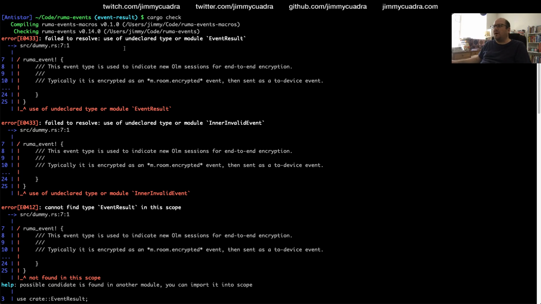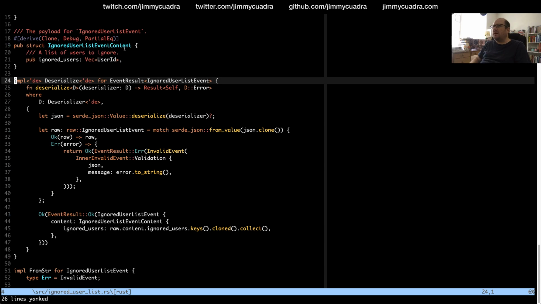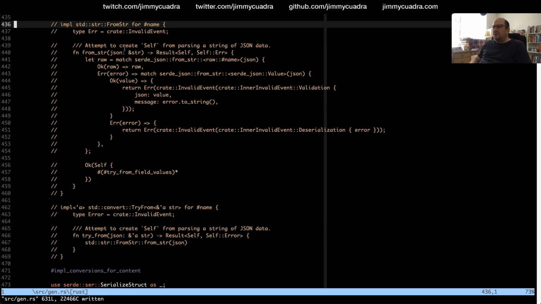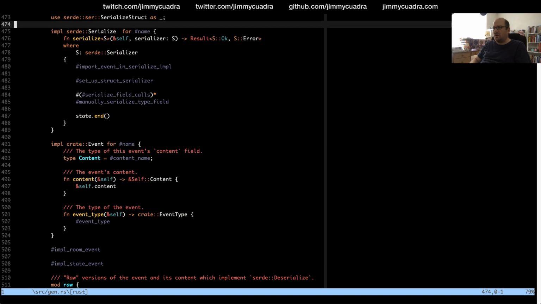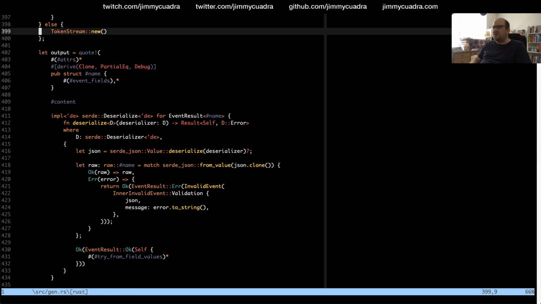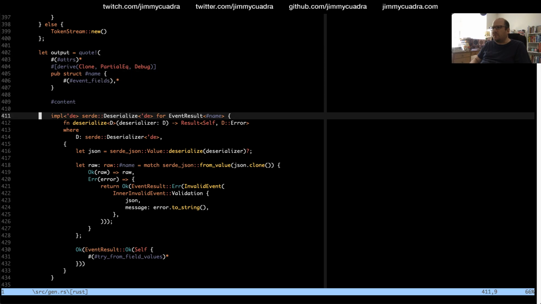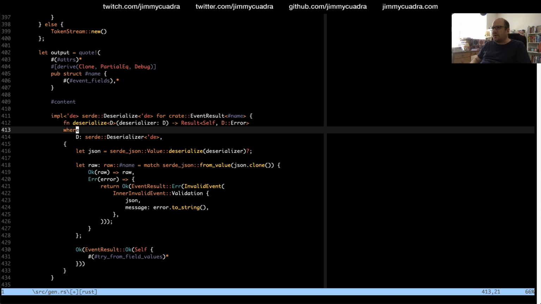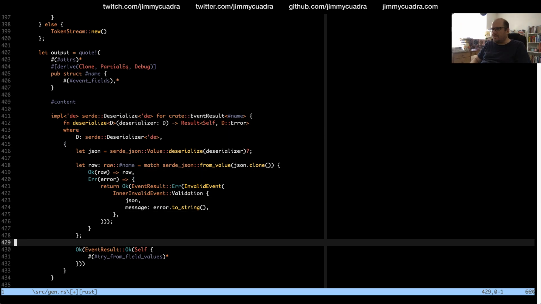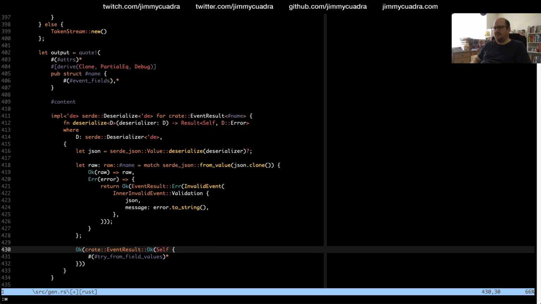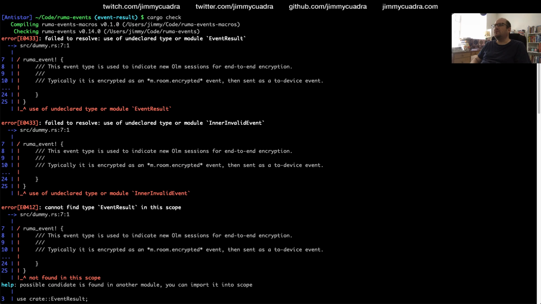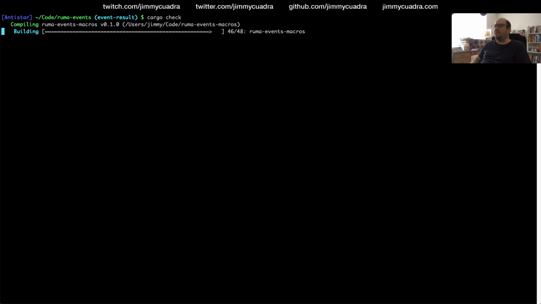Undeclared type or module event result. How do I refer to things inside ruma-events? Oh, crate. Okay. So event result needs to be referred to as crate:: because we're doing absolute paths to these things, so we don't have to import them into the implementation. That may be all that was wrong, but we'll see.